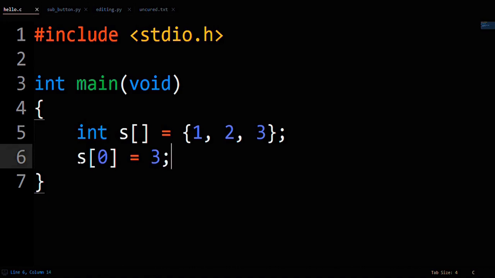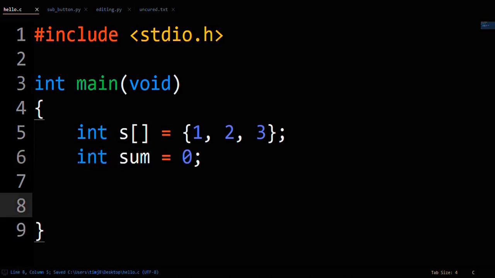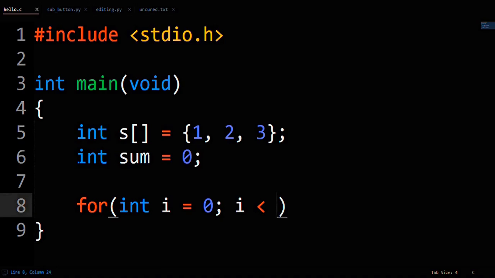Let's put a bow on this and get the sum of all the numbers in s. We'll define an initial sum value outside of a loop to be 0. Then we'll do a for loop. For int i equals 0, i less than, then you run into a problem. C doesn't have a built-in way to calculate the length of the array, so you have to either store the length of the array in advance, or in this case, know the length of the array and just type it directly in here. So for int i equals 0, i less than the length of the array, which is 3,